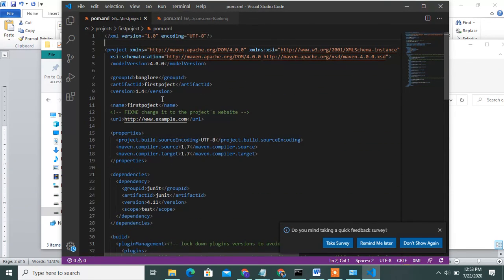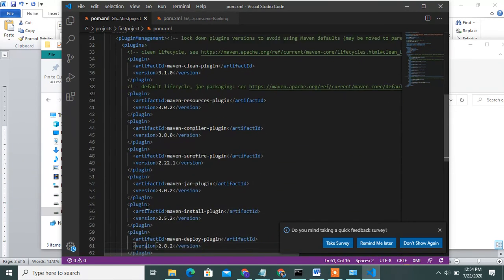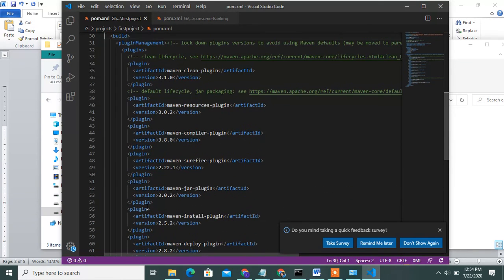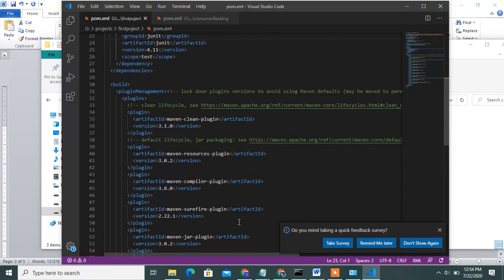Observe it carefully: versions, group IDs and artifact IDs, and after that the properties. Source encoding, compiler and target for creating the target folders. After the dependencies, install the plugins; you can mention them there.